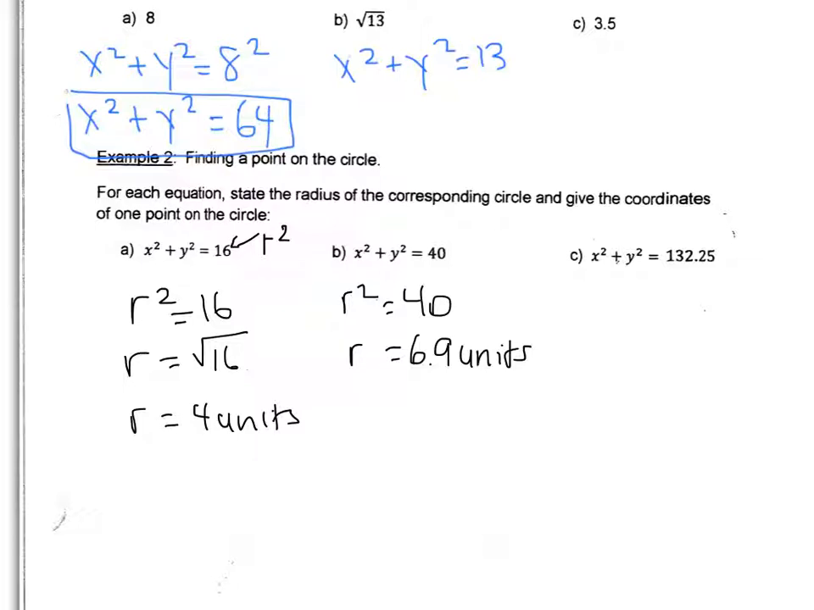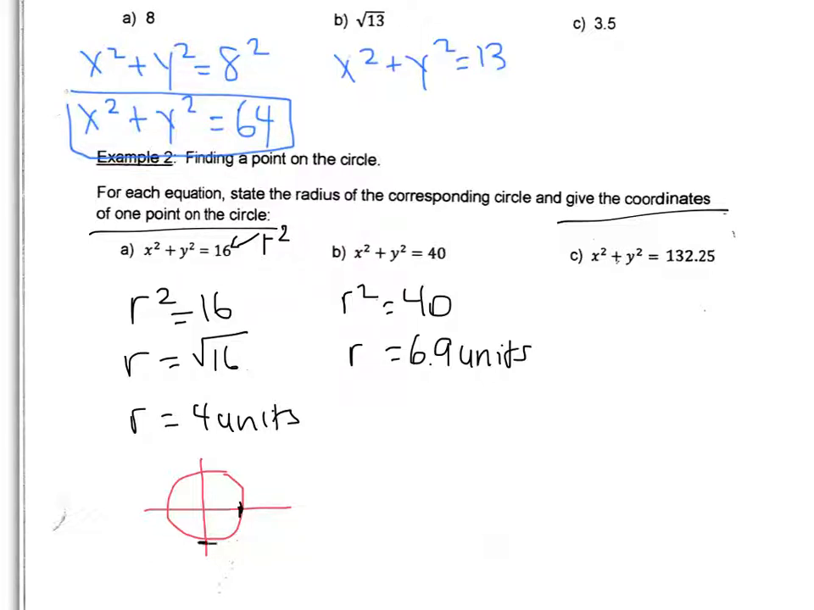So in those questions, it asks you to give the coordinates of one point on the circle. When you find the radius, it kind of shows you what the graph looks like, because you can picture a circle centered on 0, 0. Don't mind my circle skills. And every